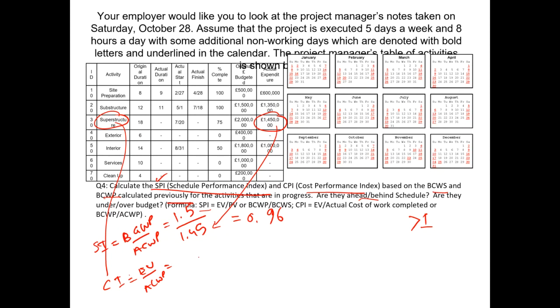So we know that the earned value for this second activity is 50% of 1.8 million pounds, which means we have earned a value of half of 1.8 million, and the actual cost of work performed is